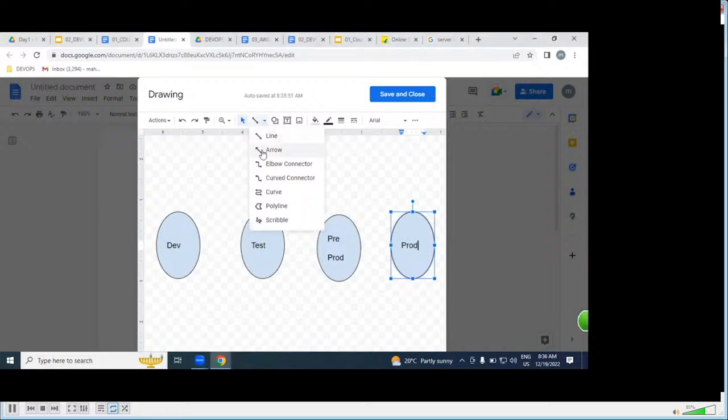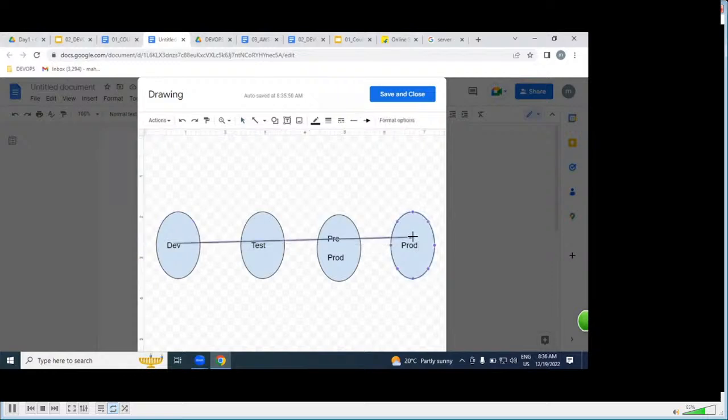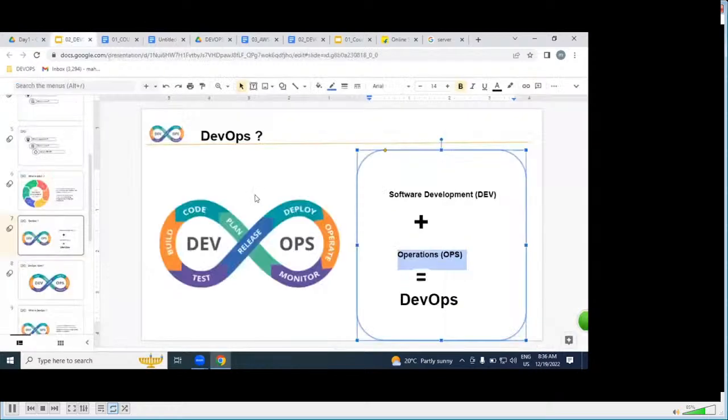As a DevOps engineer, our roles and responsibilities start from where? The dev environment, and end with production. It's nothing but operations, guys. That is the point I want to discuss with you.